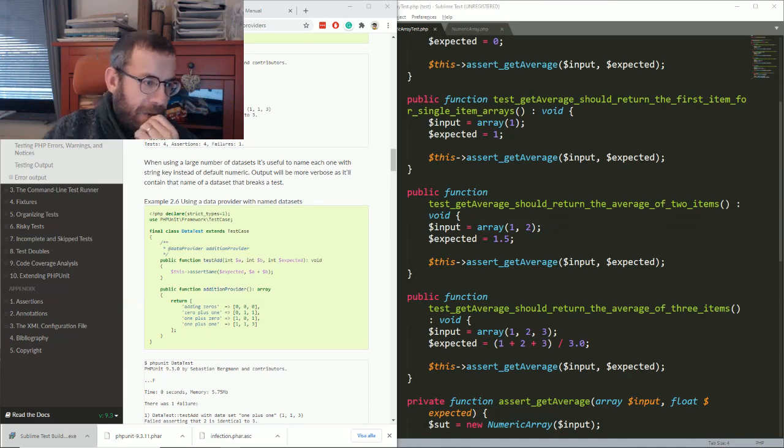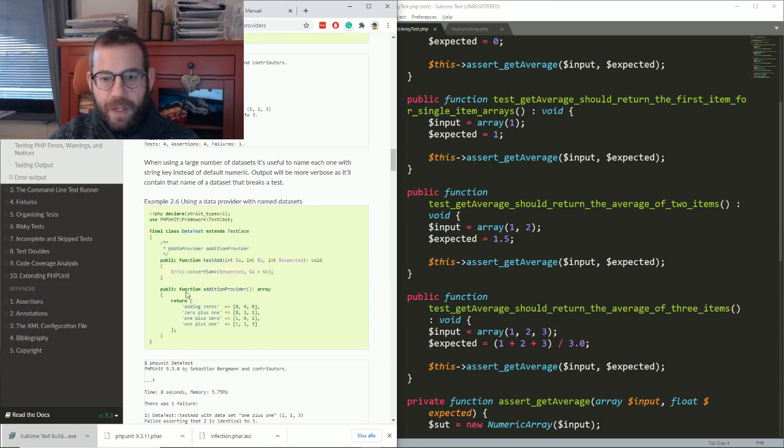Okay, so now I have found the documentation for PHPUnit and where they use something called data providers. So a data provider is more or less a way of solving the duplication here. So let's take a look at what they have here. They have a specific comment above the test method, and they have a test method which takes a couple of parameters, and then they use those parameters